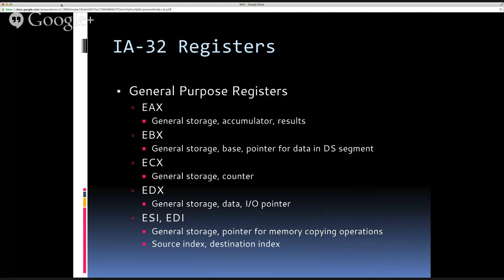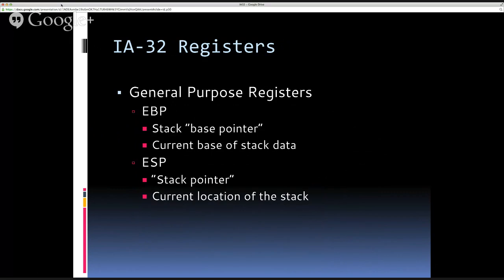Variables or instructions that are doing some sort of loop, ECX is typically the counter variable. And so EBP and ESP are also treated specially. In some obfuscated code, you'll see unconventional uses of these registers, but in 99% of code,